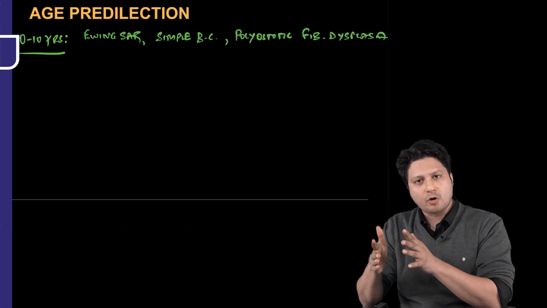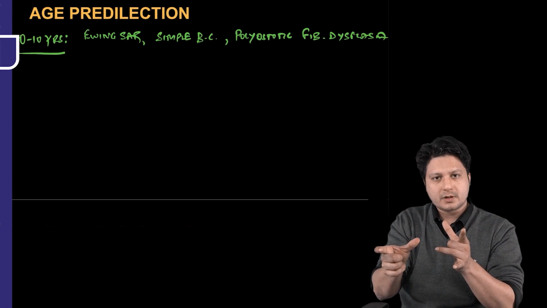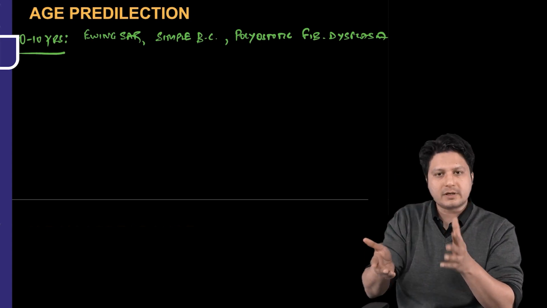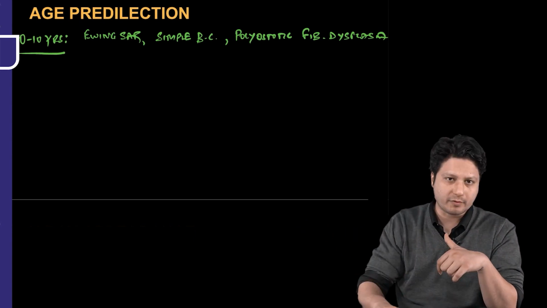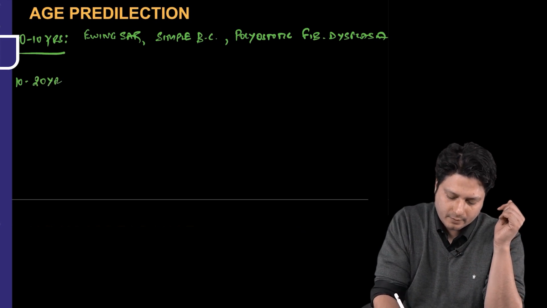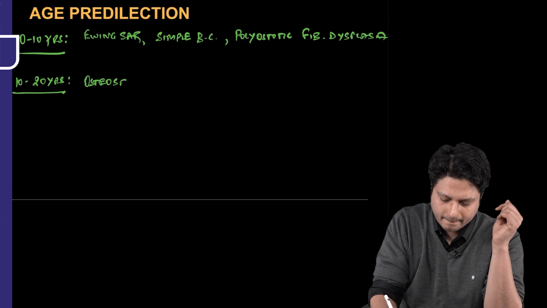If, for example, chondrosarcoma is present in a question or in the options where the age is provided to you as 8 years of age, then obviously you have to rule out this chondrosarcoma. It cannot be there in the 8 years of age. So for 10 to 20 years of age, the tumors that you have to think about are the osteosarcoma,